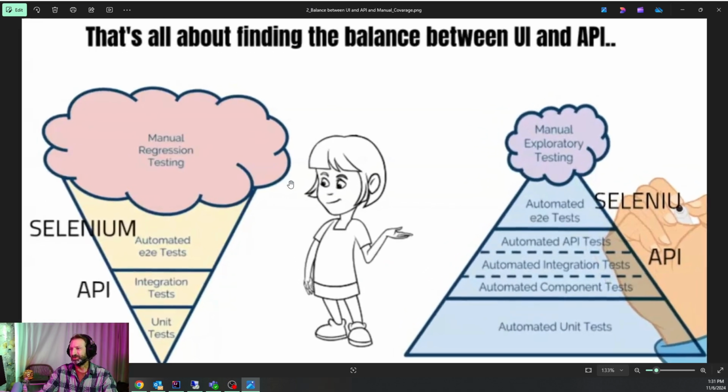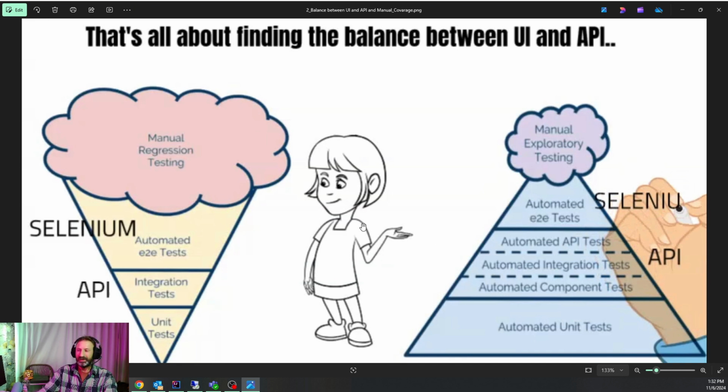In other slides, usually when I'm showing the ideal, we're supposed to have the pyramid, in which we have a lot of unit tests, API tests, and Selenium tests. Most things should be automated, and a little manual testing just to give some room for manual testers to do exploratory things and save some time for them. But the classic case is the ice cream cone, for sure. We have plenty of manual tests, few unit tests, few Selenium tests. That's usually the starting stage of